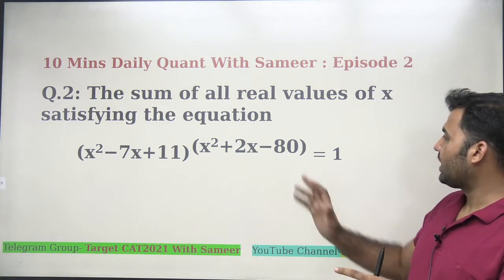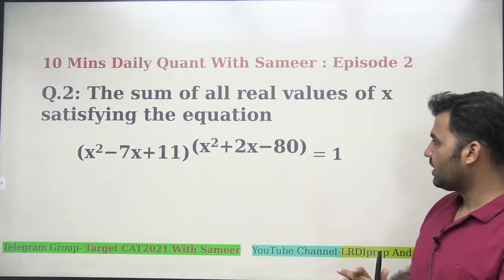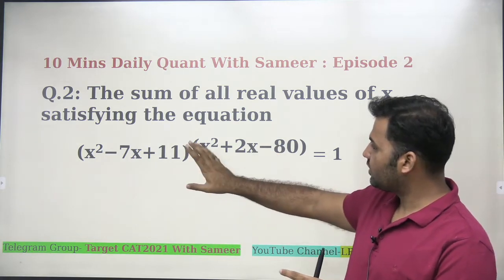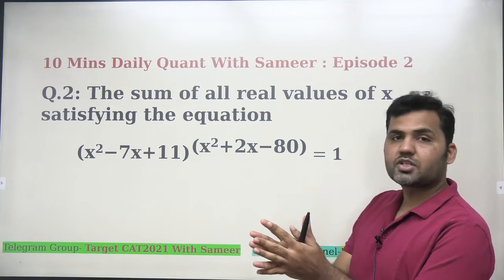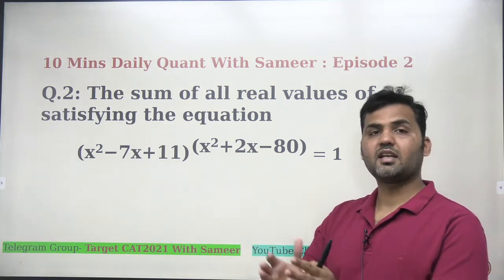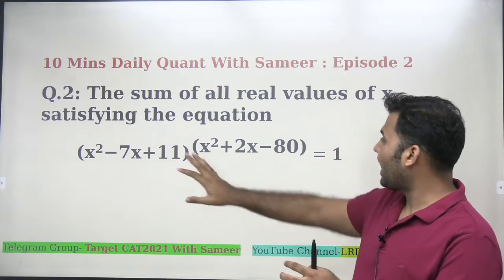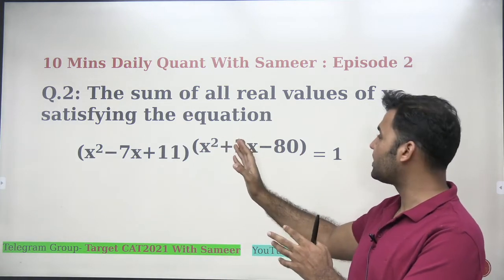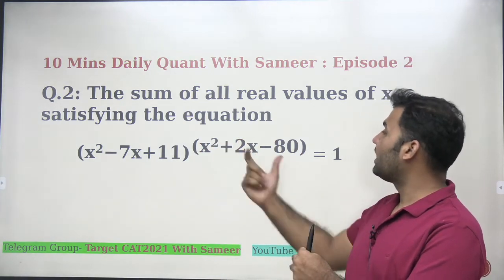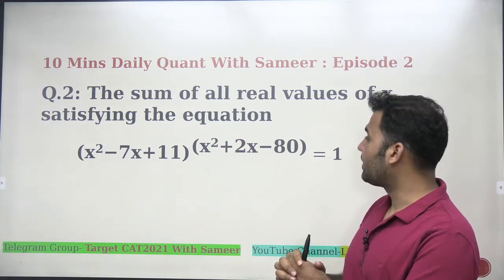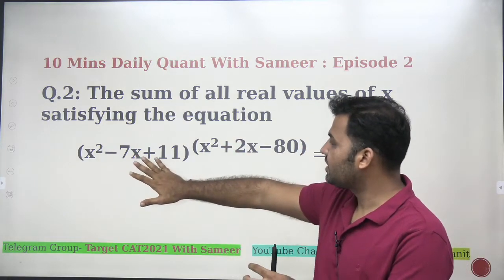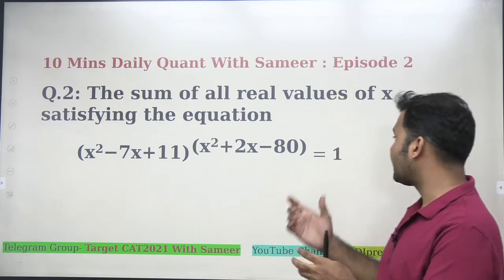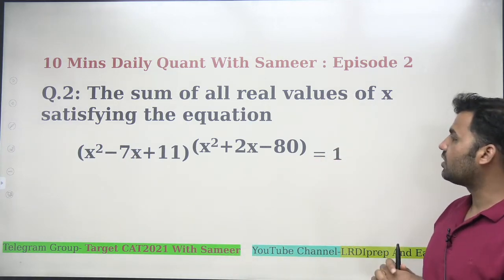So guys, what should be the way of solving this question? You see that here, this question is actually a combination of algebra concept and indices concept. You have an index, right? This whole algebraic expression, that is a quadratic equation, is given in the index part. And you have this base, again a quadratic equation, and this right hand side value is equal to 1.